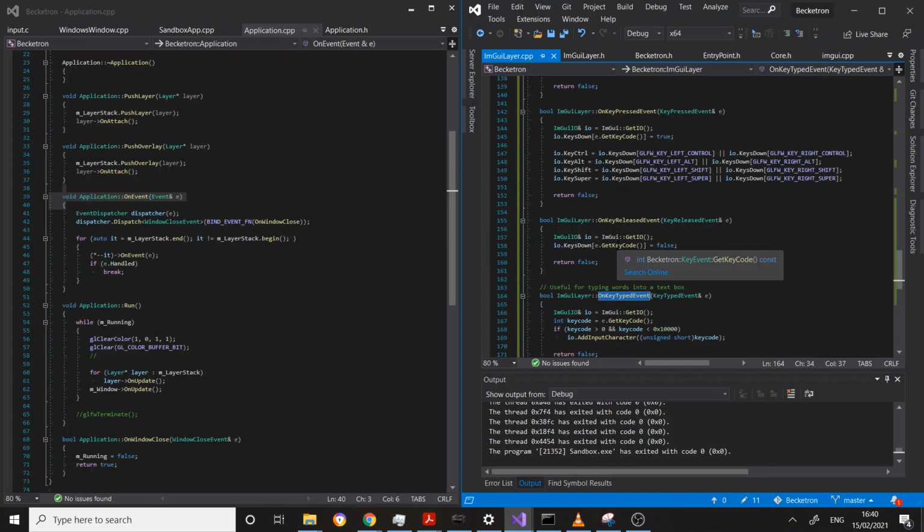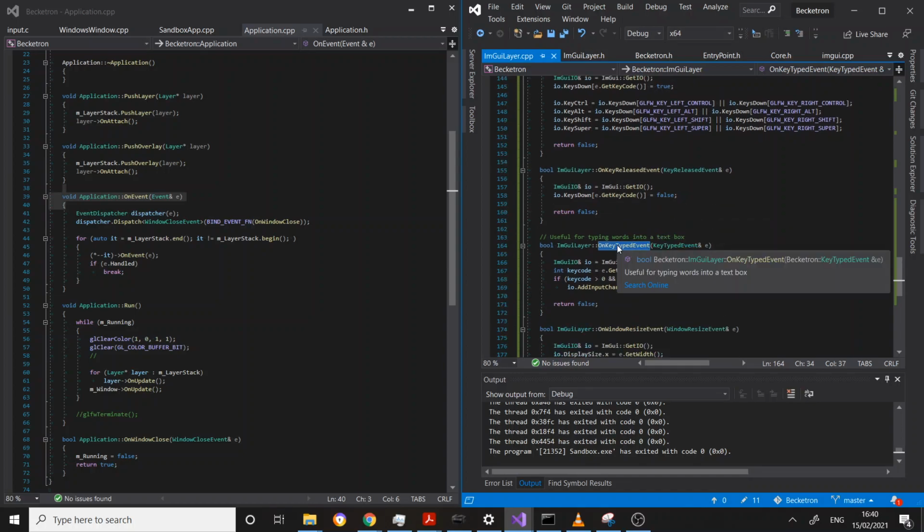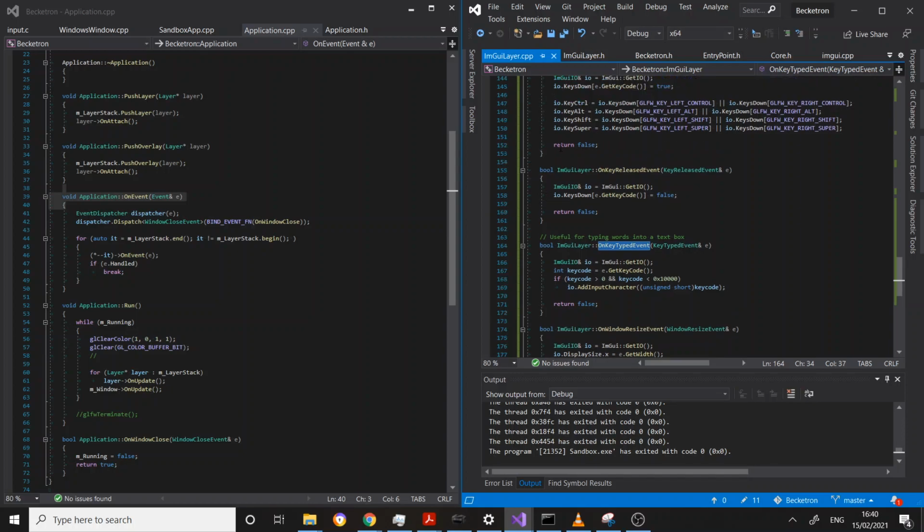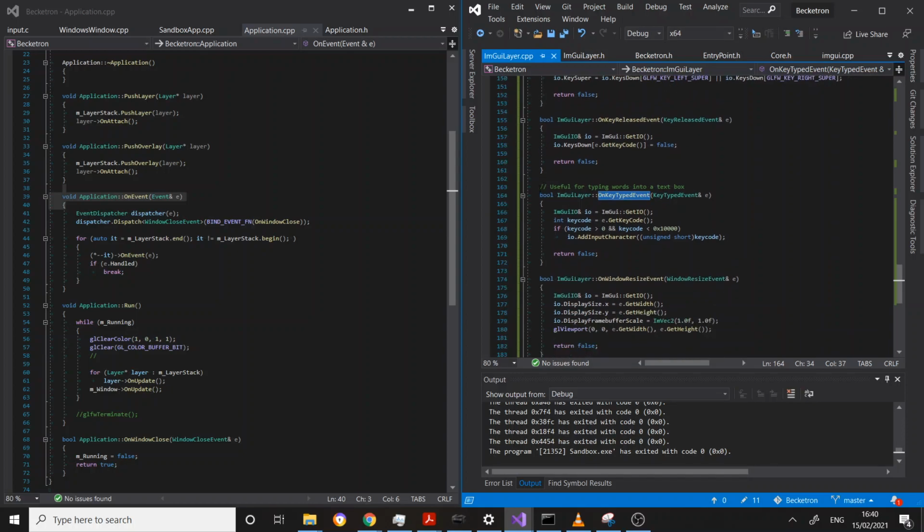But when we actually try to type into one of the input fields, it does not actually print that character in the input field, and that's because of something that's happening in the background. Just key press is not enough to type keys into an input field, and that's why we've provided the OnKeyTyped event. And if we go into